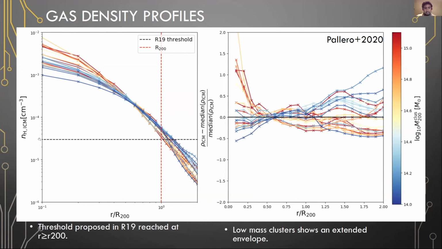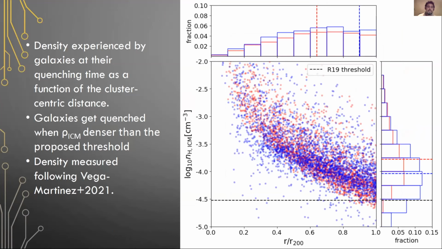The black dashed line here stands for the threshold proposed by Roberts. And if we look at the local density at the moment of quenching in general for all galaxies, regardless of the condition of in situ quenching or preprocessing, this quenching tends to happen in environments denser than what is proposed by Roberts. So the main and final question is, is a ram